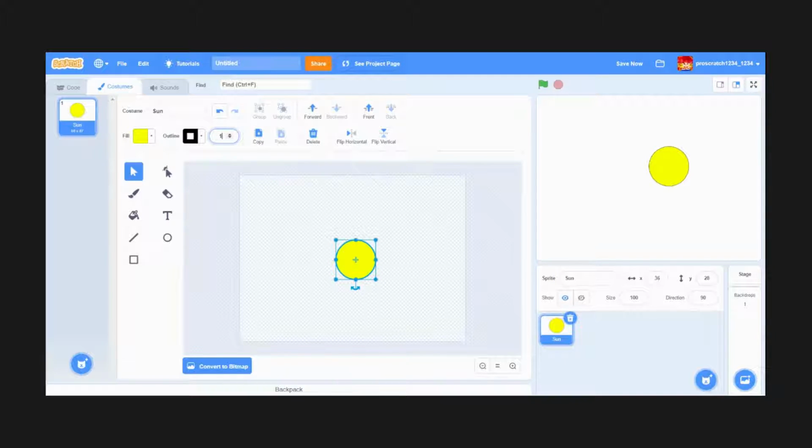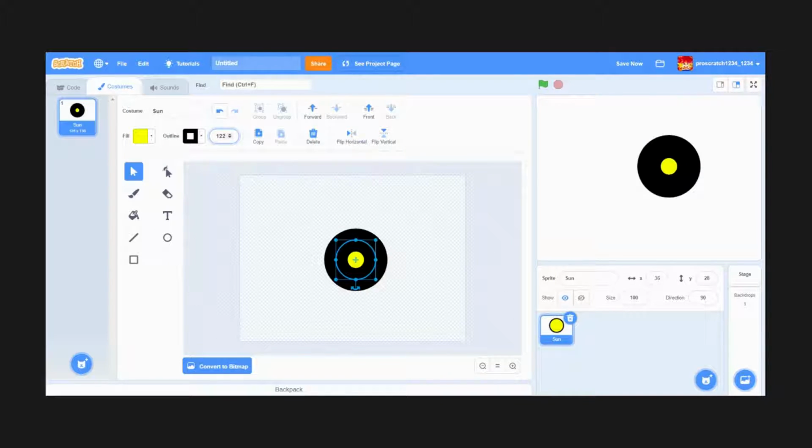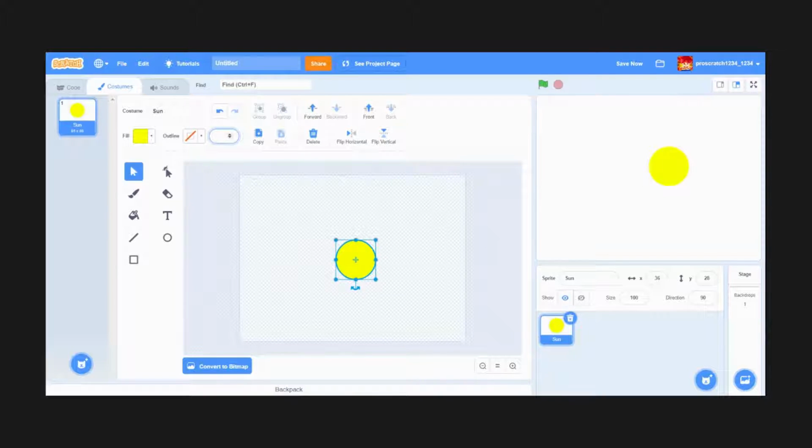The thicker it goes, you can go up to 122 or 1. One is so thin, and 122 so thick. But I'm going to go with 5. 5 is not bad. There we have a circle, it's outlined, it's colored,